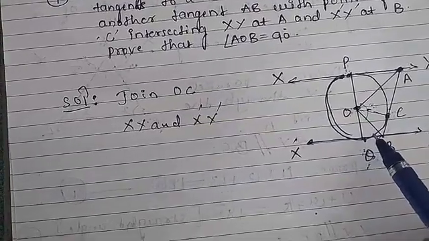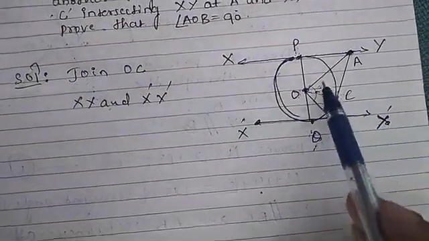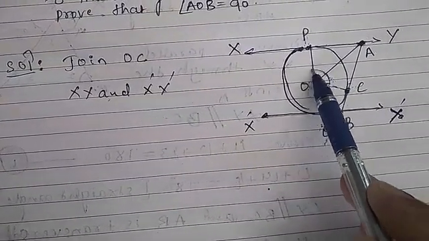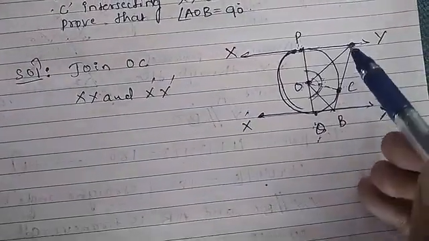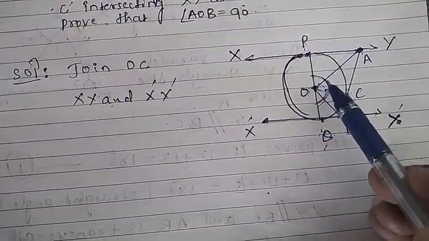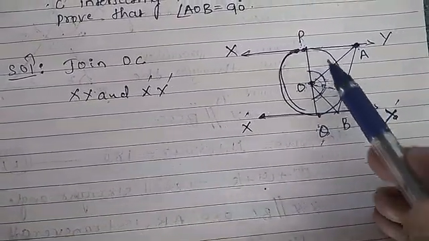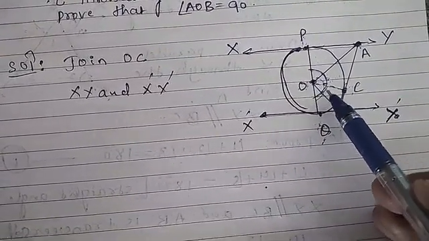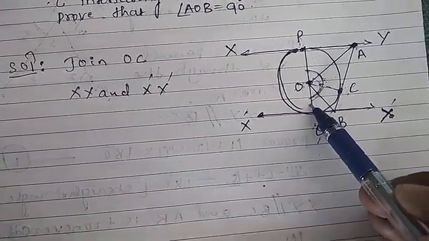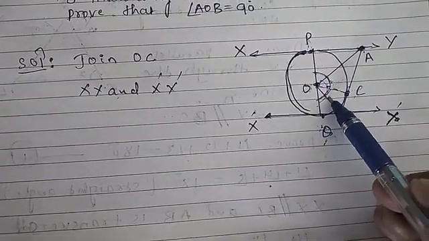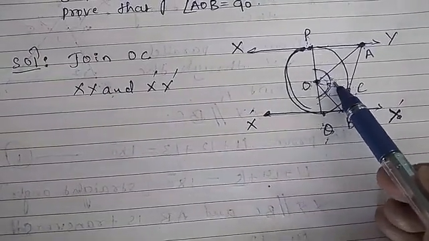Now see, we'll take it one by one. Can you tell me angle this plus angle this plus angle this, the sum of all these angles, how much? 180 degrees. Clear? Now see here, PACO is a quadrilateral. How many triangles are there? 2 triangles. Now first you have to show these two angles are equal, because we are going to prove that the sum of this angle plus this angle is equal to 90 degrees. So see how to prove that this angle is equal to this angle.